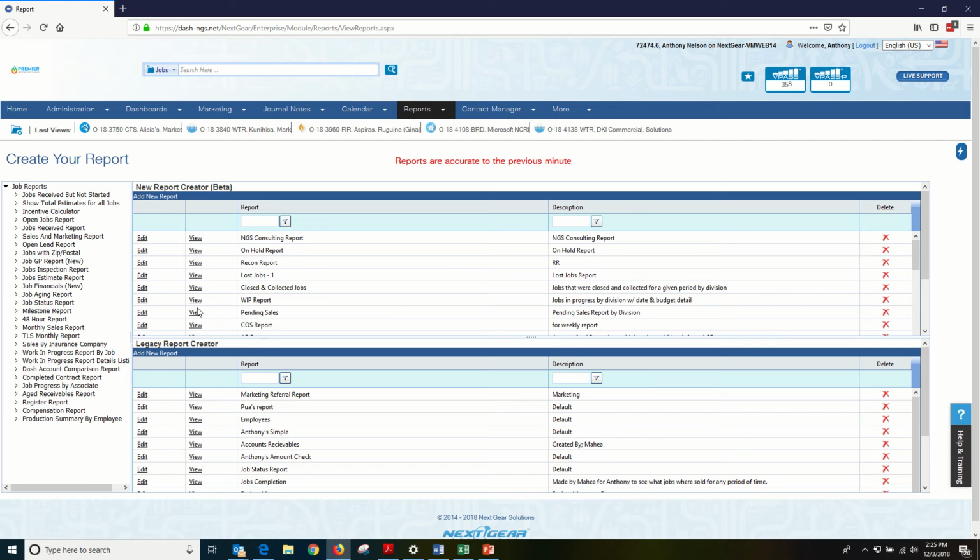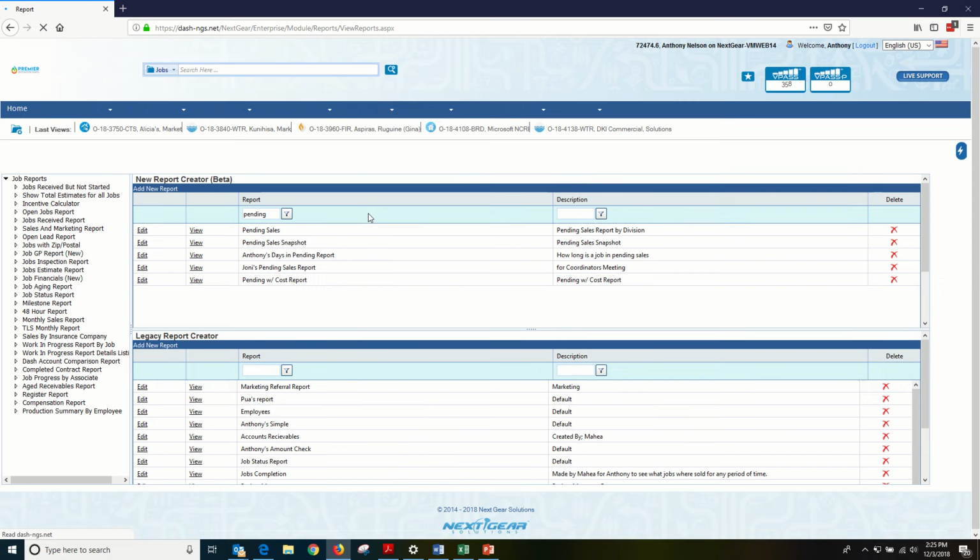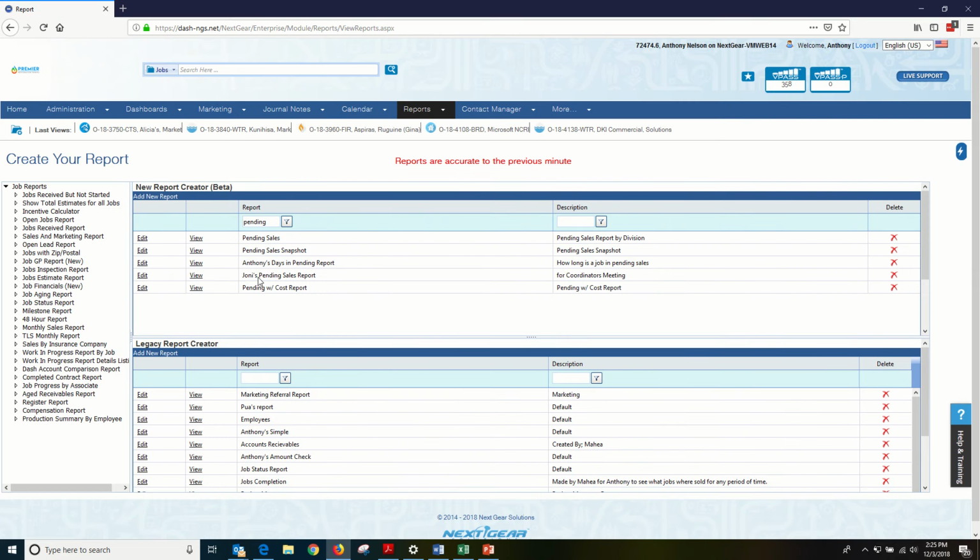All right, in Dash we have, I think, multiple pending sales reports. So for the pending, I go contains. We go. So I'm going to say I just made this one, so let's use this one, the pending with cost report. Okay. If we just go view,